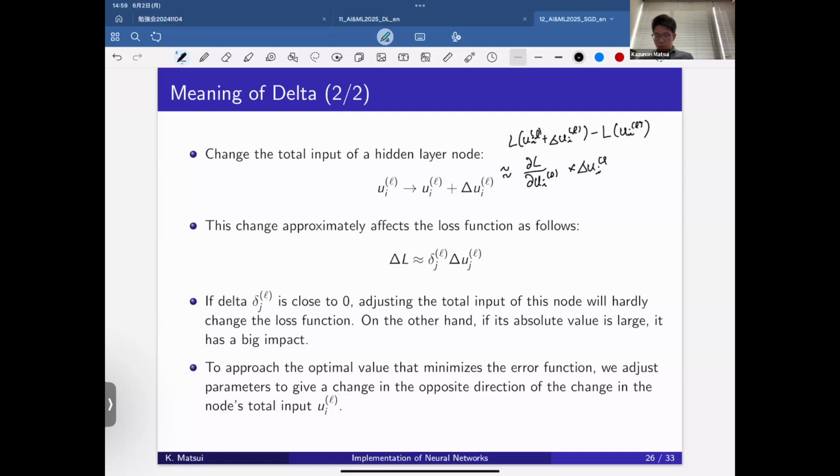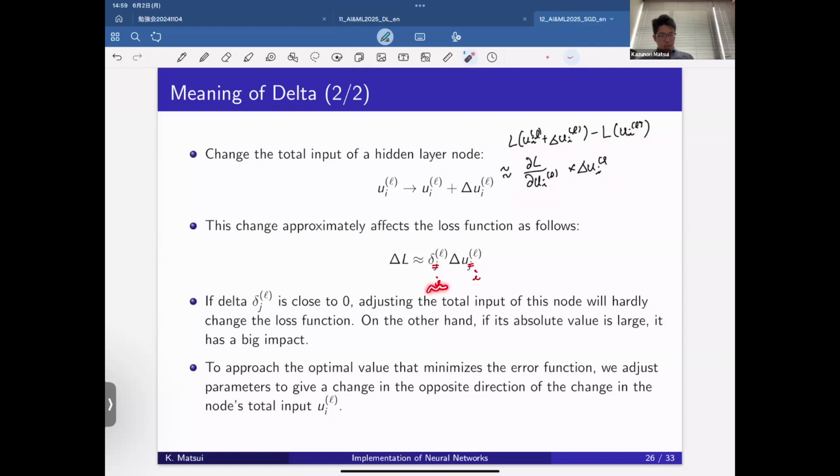This should be i. So how much the loss function moved is small delta times capital delta U. In other words, if small delta is almost close to zero,